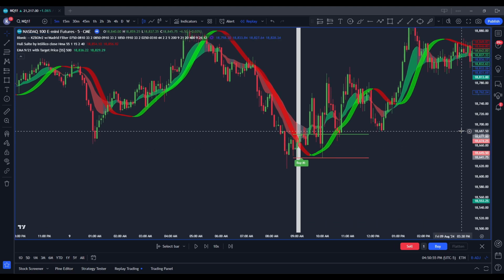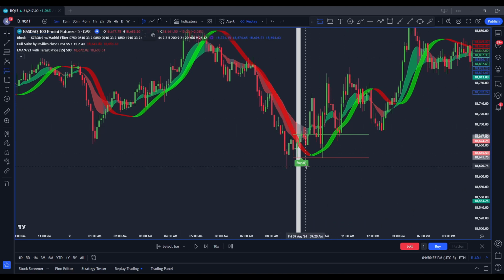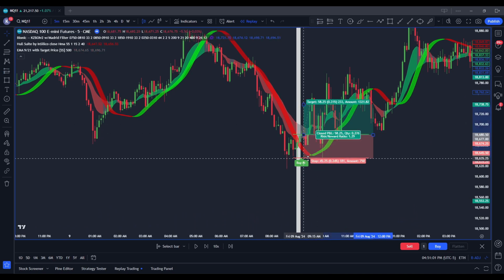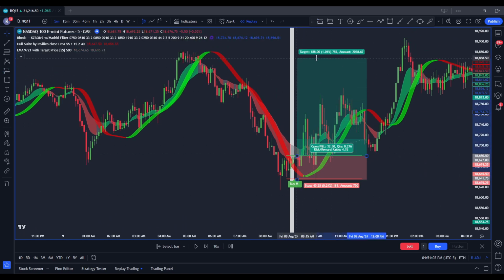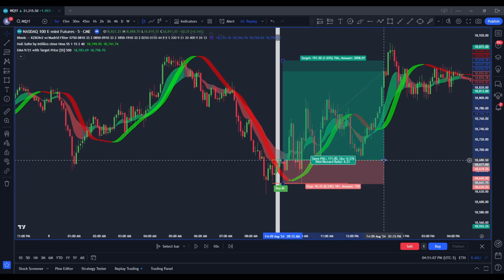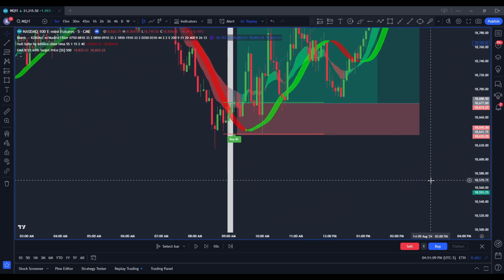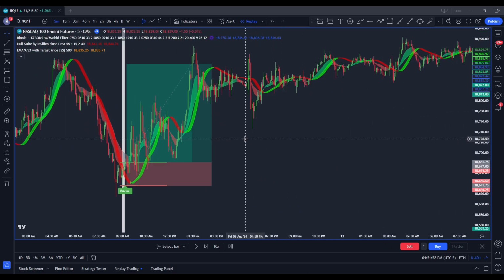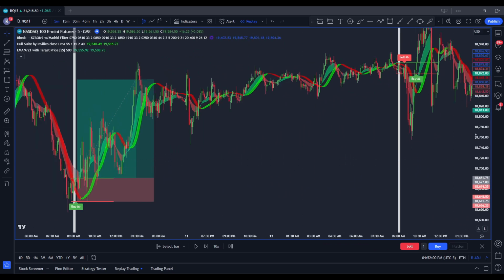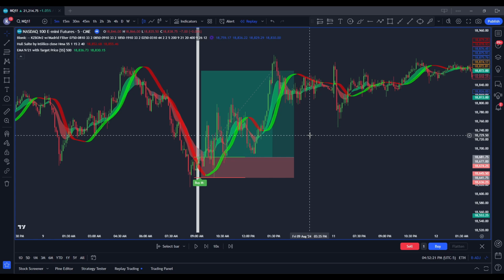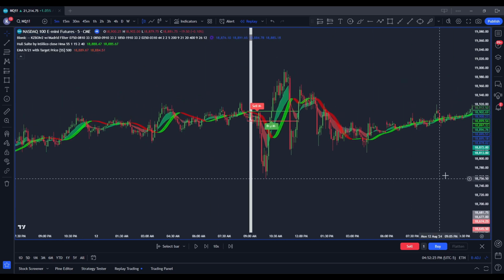Okay, so we get our buy signal here, entry point here, stop loss here, and the TP here. Now, you could have got stopped out on this. There's a good chance that you could have gotten stopped out. This one, we'll just take the loss. Like I said, we're gonna do worst case scenario. So we're gonna take the loss on that trade. -500 loss. All right, and then we go to the next day,